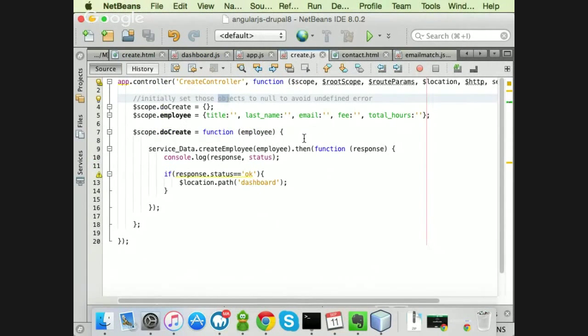And we have a controller called create. And we have all the variables here. We have title, last name, email, fee, total hours. Oh, that one it will fail because I removed the S. Now, oh no, I removed it from the view on the alias, but the alias is called different. Now,